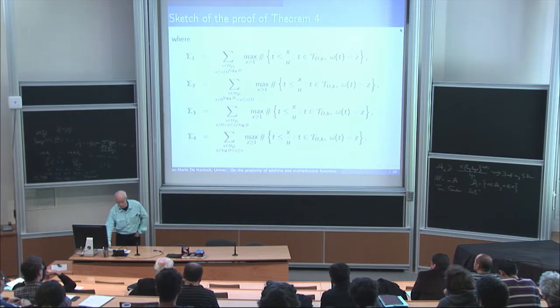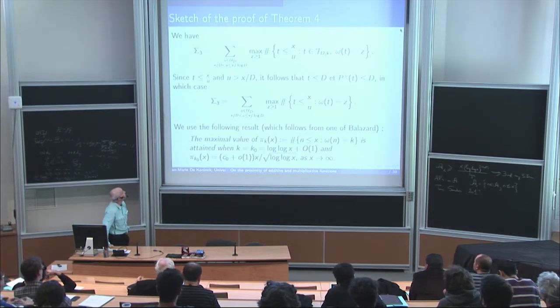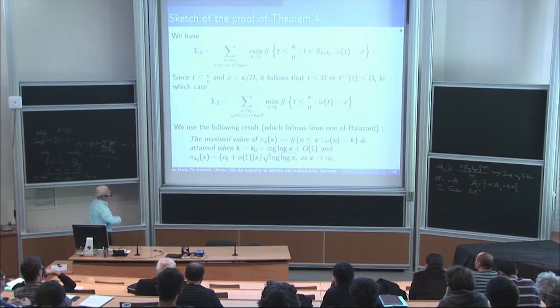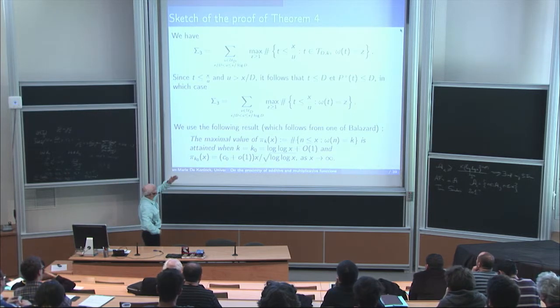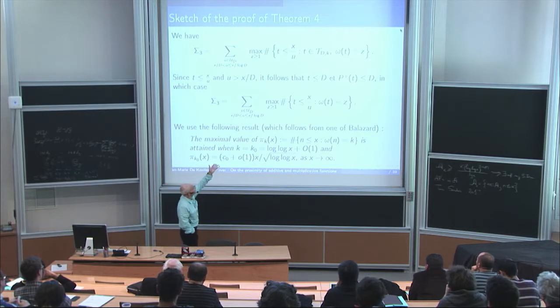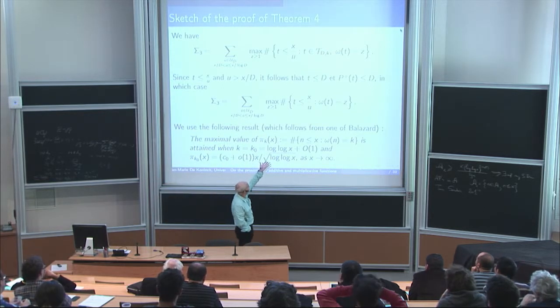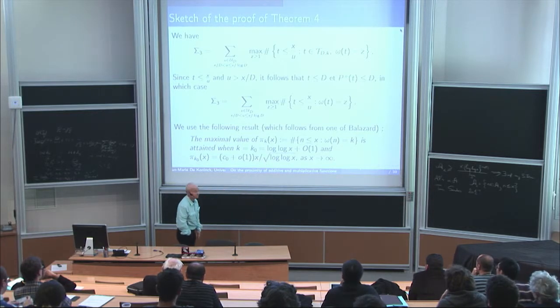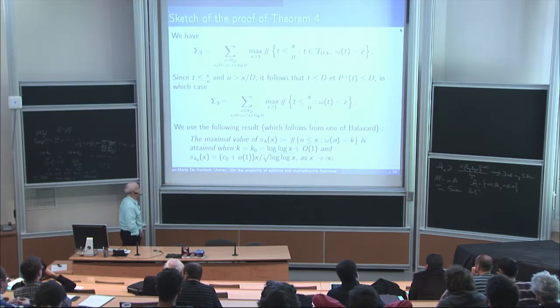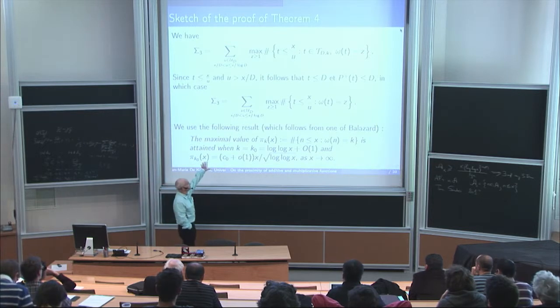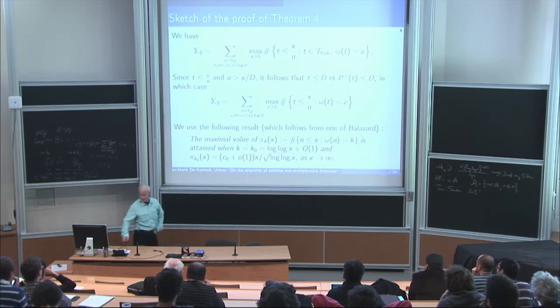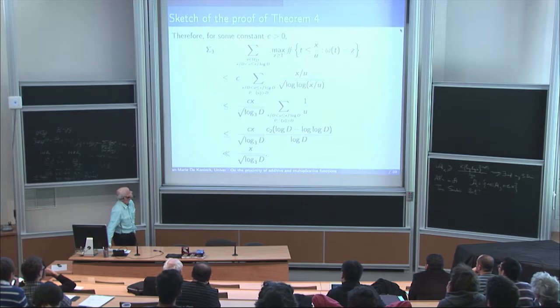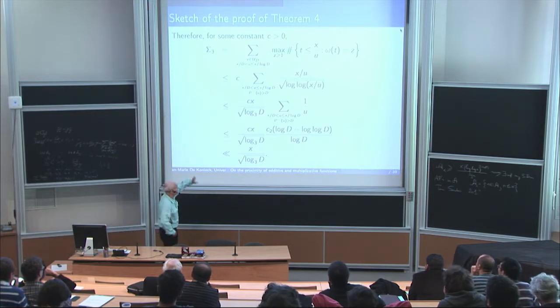So for instance, if you take the third one, which is defined up there, then it's easy to see that it's actually equal to this expression where I got rid of the t and tdk because it's obvious that it's satisfied. Then I used again this result of Balazar, and I get an upper bound, this is just technical, and